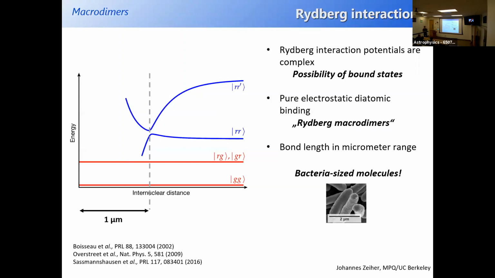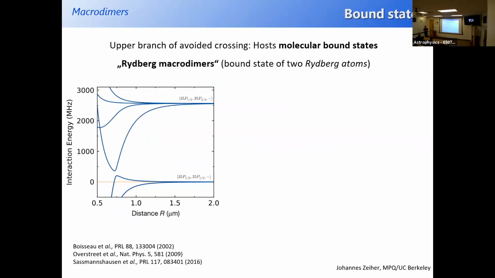And I already kind of told you the story, but the question is, can we see these? And can we see these realistically? And the answer is yes. Because in the state that we were looking at that time, we basically had exactly this configuration. This is an actual potential calculation where we have this state coming down here, a 35 P 3/2 state, and we have a state shooting up that's a 1/2, 1/2 state, and they cross, but they actually don't cross, they avoid, and then you see this potential well. We were interested in the lower state here, and all of a sudden we would see effects that we didn't understand, and it turned out that it's due to this avoided crossing.